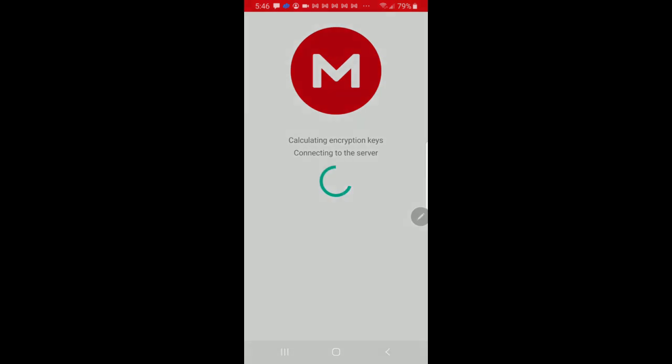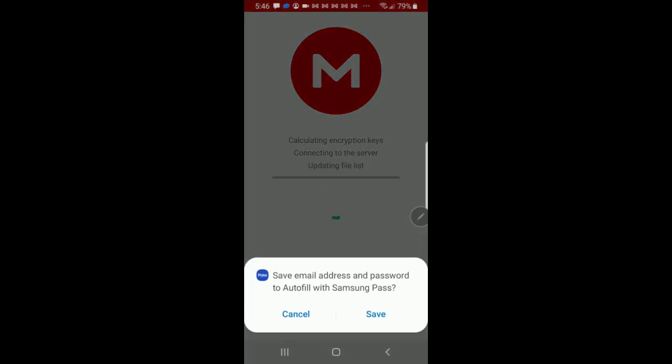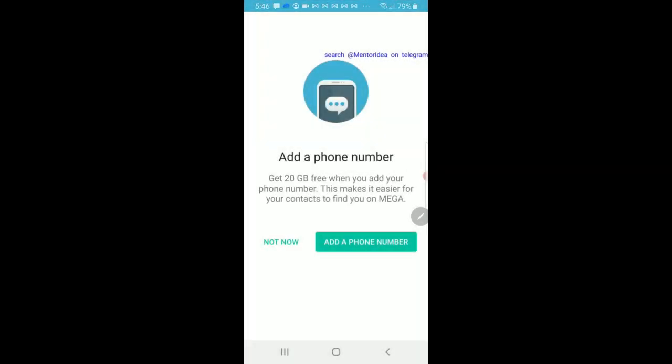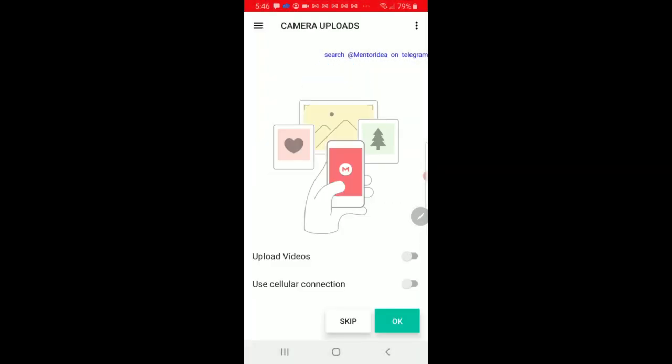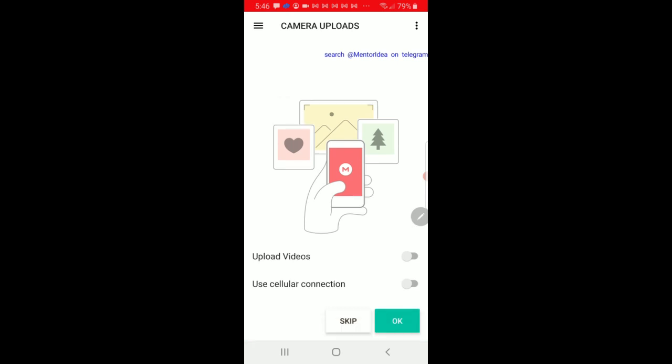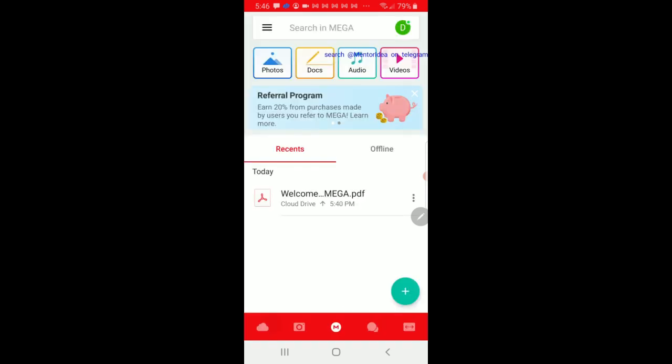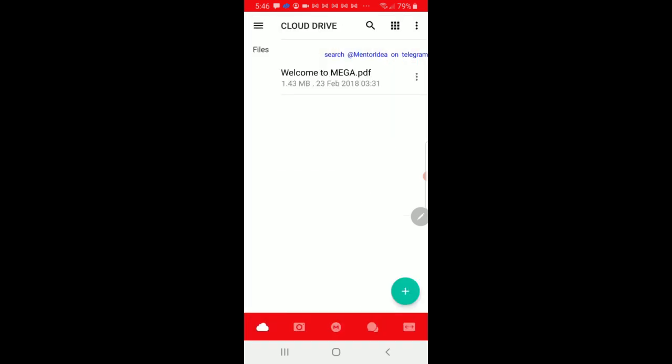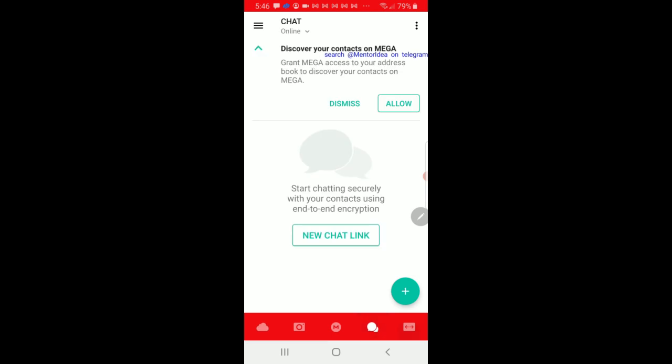Okay, login. Add a phone number, not now. Now you can see it's an empty account.